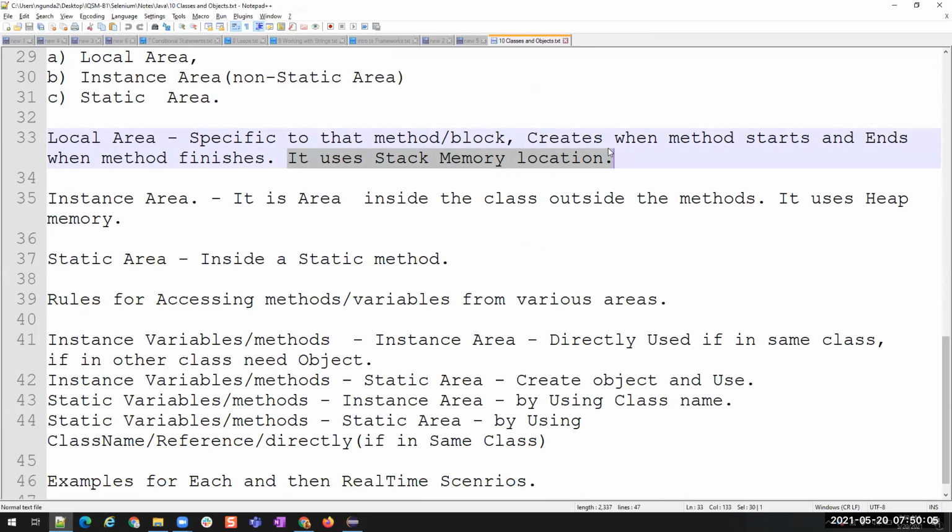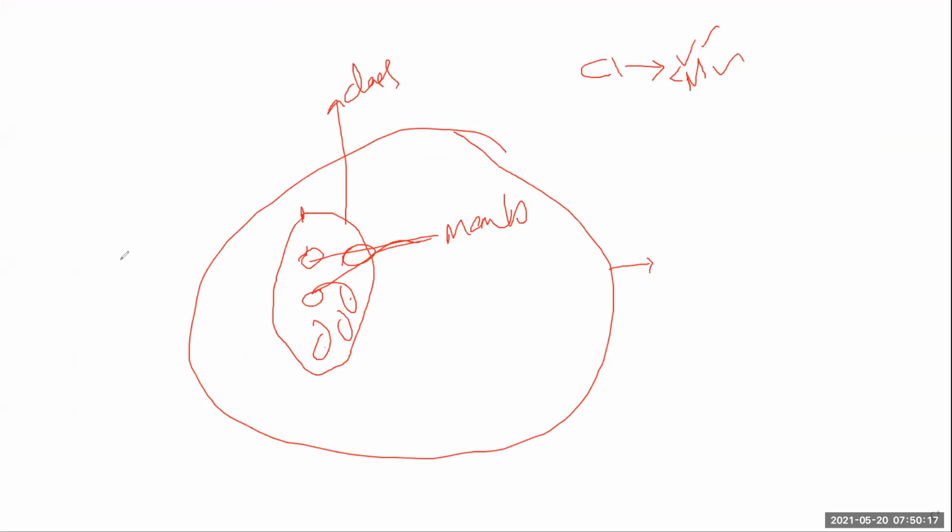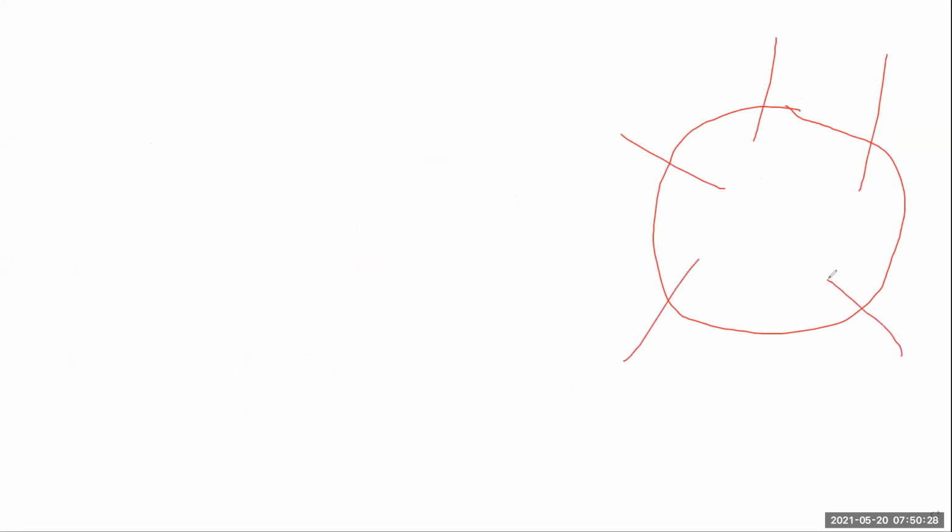You remember what is stack and what is heap? Do you know what is stack and what is heap? Stack memory, let me show you. This is heap memory. This is a memory where whenever you create some objects, they will be created in different places. There is no particular order in which we create these objects inside the heap memory.